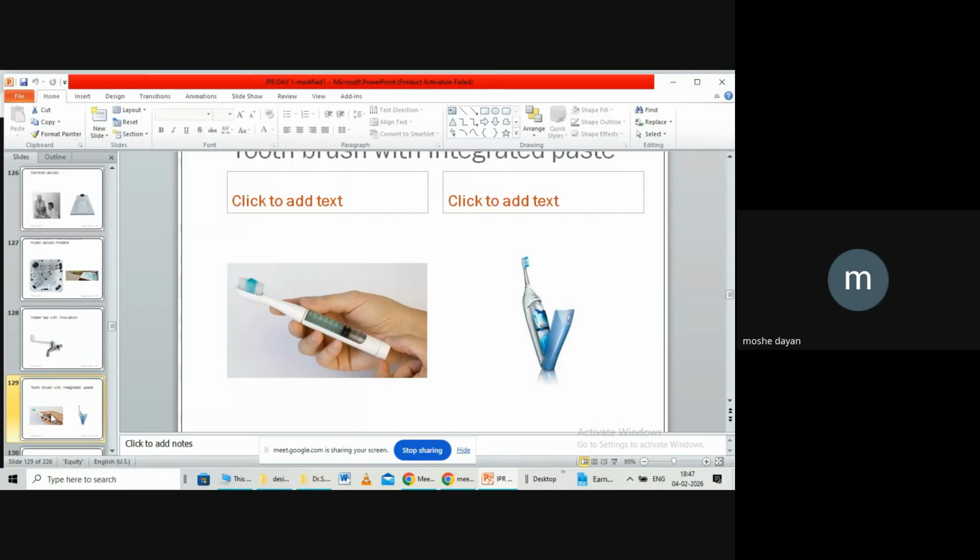Come, welcome. I said, what is your patent? He said, sir, why should we search for the paste every day? We can integrate the paste in the toothbrush. When I squeeze the handle, some paste will come onto the bristles. I said, wow, Pepsodent and Colgate don't have this innovation. You are the pick of the day. Come, we'll file a patent.